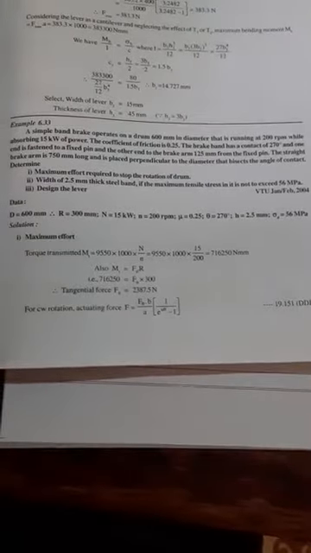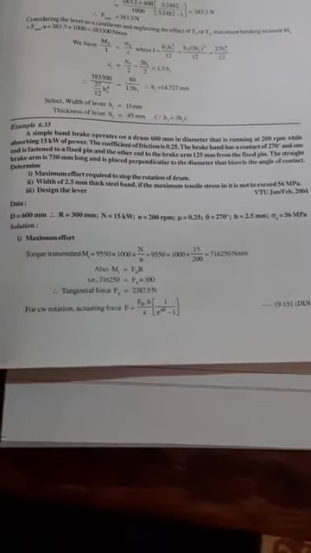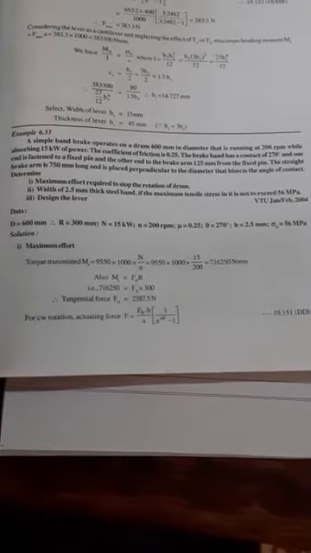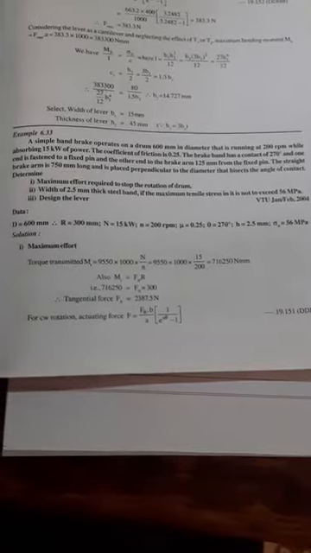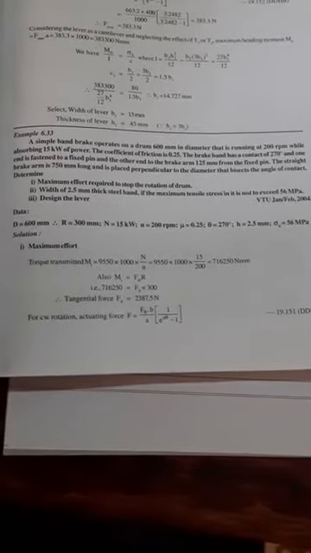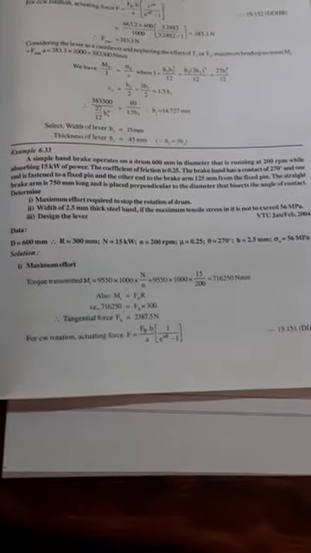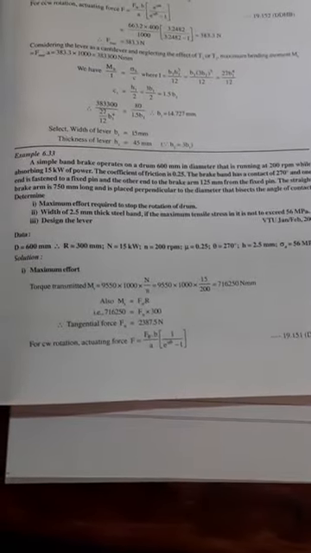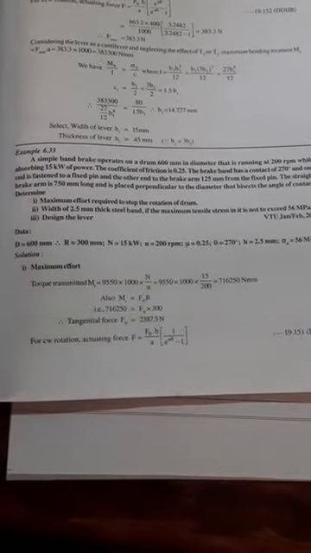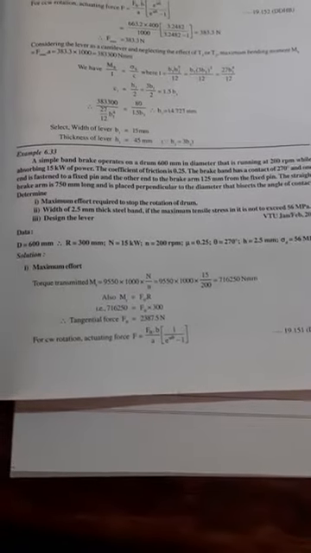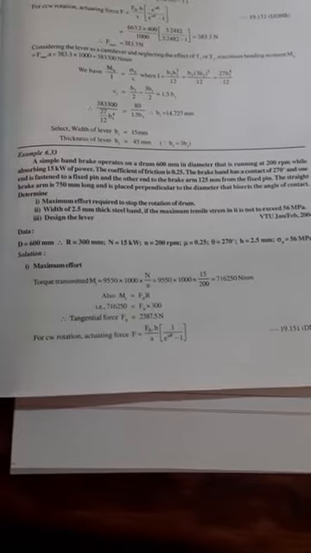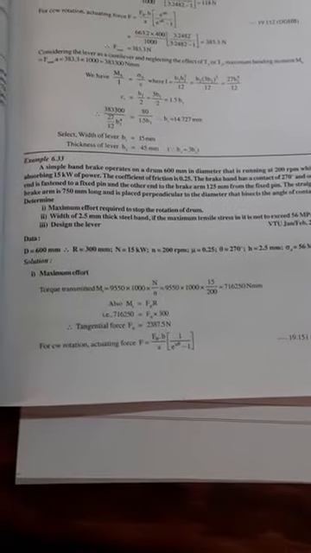The straight brake arm is 750 mm long and is placed perpendicular to the diameter and bisects the angle of contact. Determine maximum effort required to stop the rotation of drum and width of 2.5 thick steel band, if the maximum tensile stress does not exceed 56 MPa, and design the lever. So here